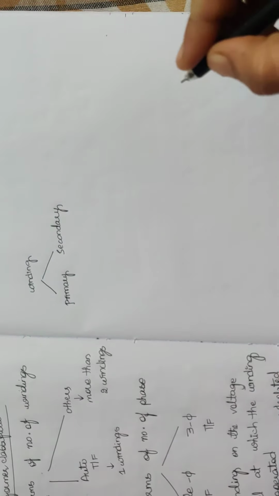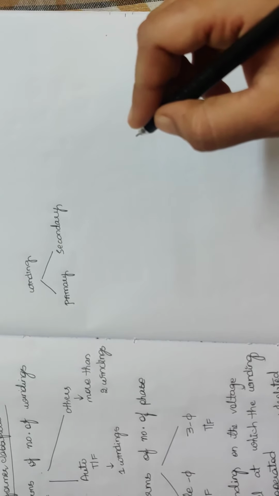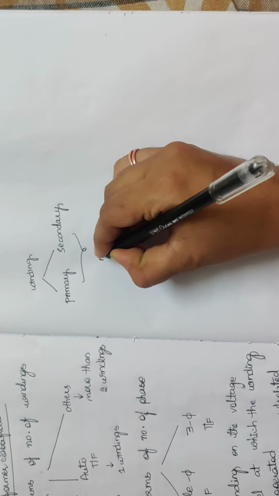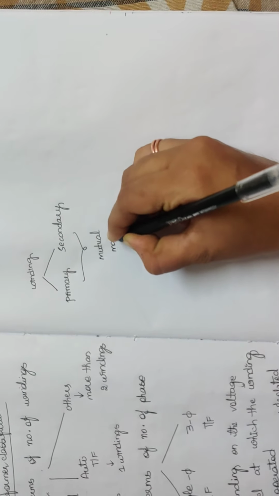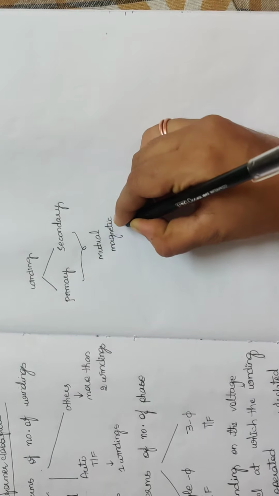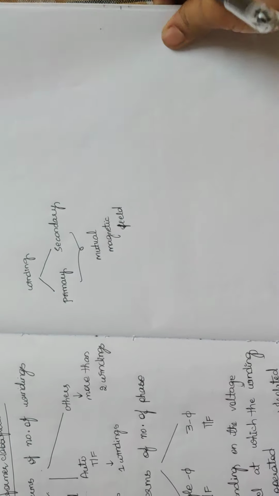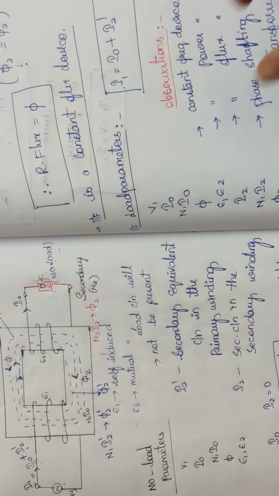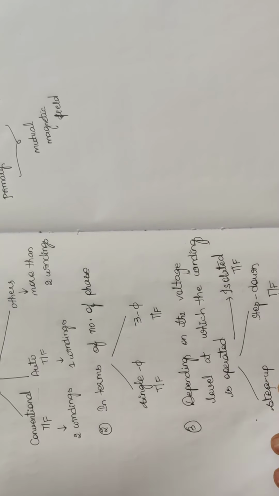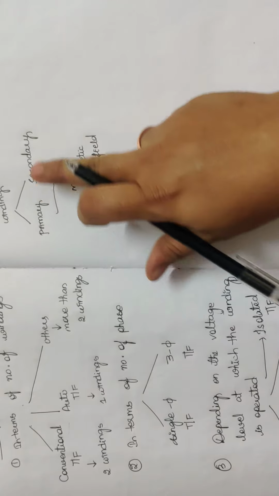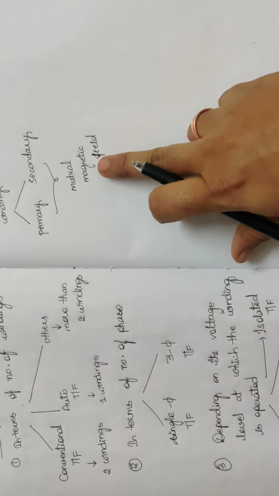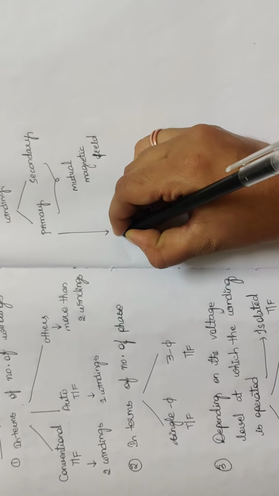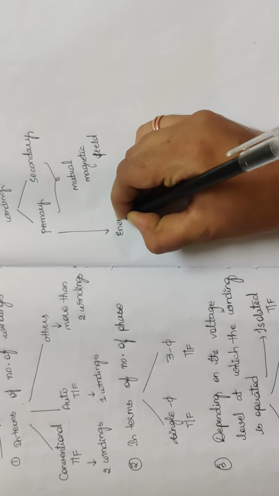Now I give out the definitions of the primary winding and the secondary winding. These two windings are interlinked by a mutual magnetic field, that is what we have studied previously in the operation of the transformer. The primary winding and the secondary winding are mutually interlinked by the mutual magnetic field, that is the flux generated. Now the primary winding is energized,